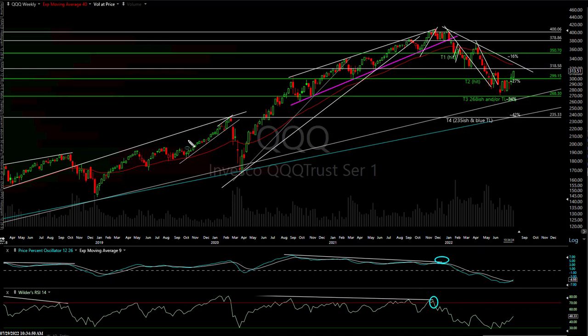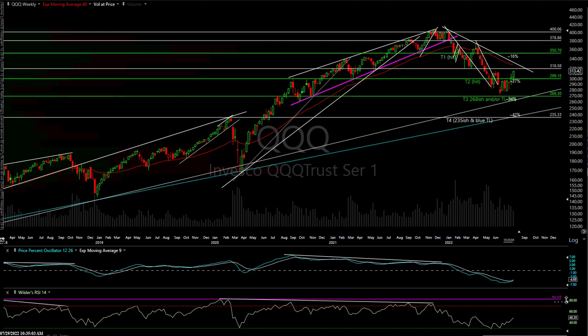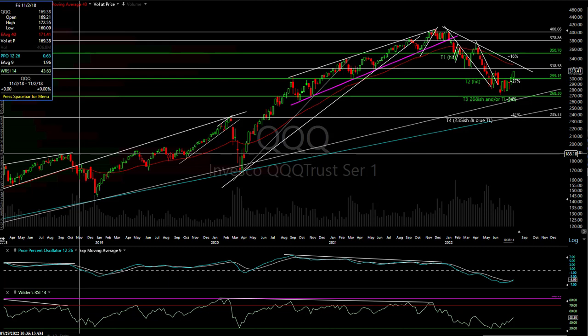Last time we had negative divergence, well, some of my boards have it drawn. You did have it on the daily chart, and you had it also on the weekly RSI right before COVID hit. Oh, you know what? It's there. I think it's just scrunched down here. Yeah, there you go. You had a small divergent high right there. You had divergence in the fourth quarter drop in 2018. That was a drop of high to low in the NASDAQ 100.